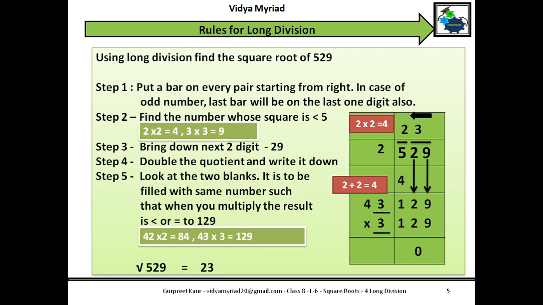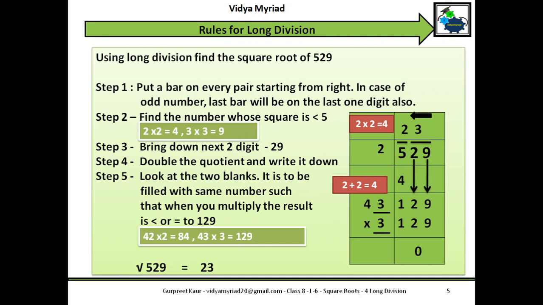Okay, now if you notice that 23 is a prime number. And if you are asked to find out the square root of 529 by prime factorization, you will not be able to get that number, because 23 is not divisible by any other number. So it becomes difficult. So once you understand this method, if you are told to find out the square root and not mentioned anything, whether prime factorization or long division, my suggestion is you should always go for long division, because it is very short. Once you understand this and practice, very easily you will be able to find out your answer.